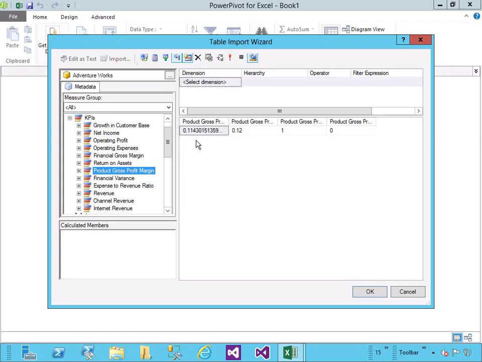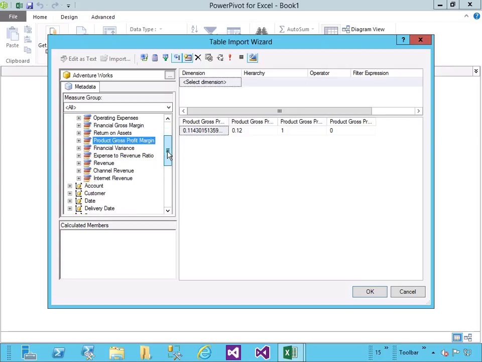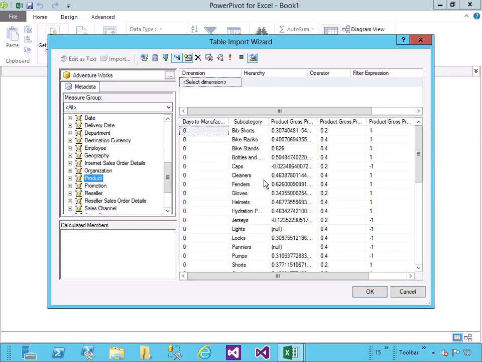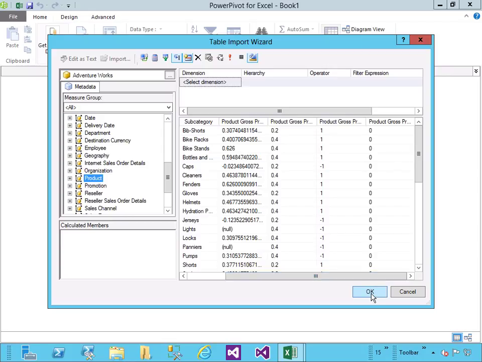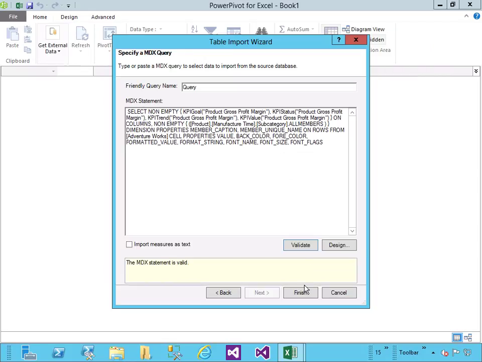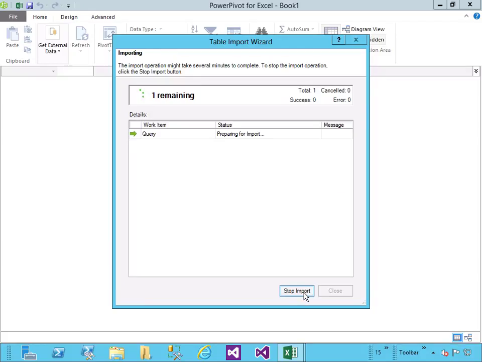Doesn't seem like much of it came through, and it's because it has to be compared with also products. Notice that we get some more columns. We click OK, validate it, and click Finish. 39 rows were successfully transferred. We click Close,